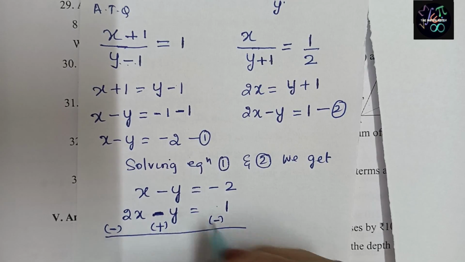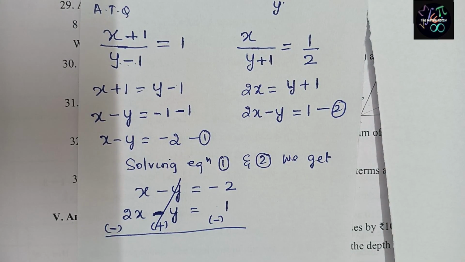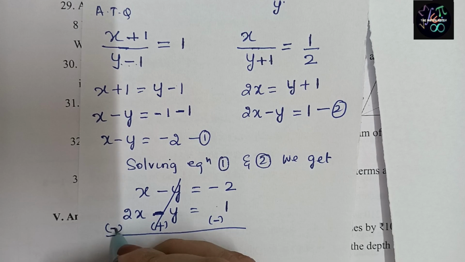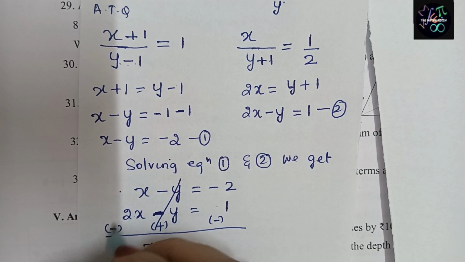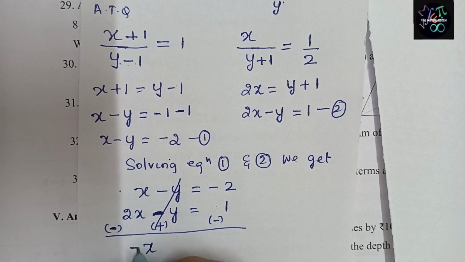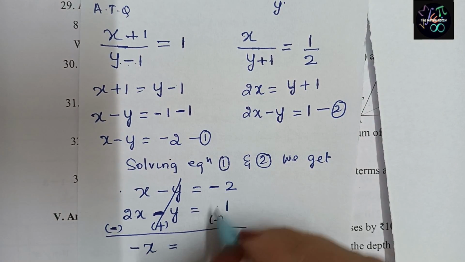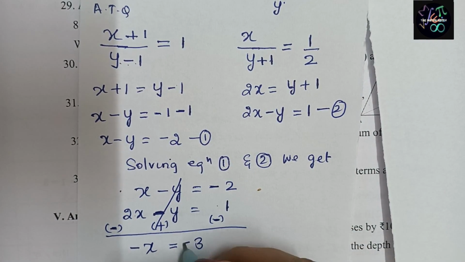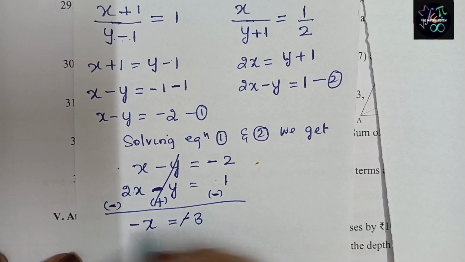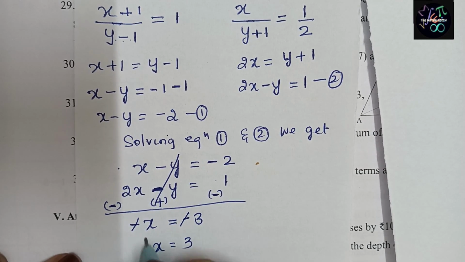Now let us eliminate. By elimination, I have eliminated minus and plus. We have to do minus. From 2x if we remove x, x. But the bigger number's sign: 2 is bigger and has the minus sign, so minus as it is. Both minus, what do we have to do? Both minus means plus: 2 plus 1, 3. Both minus we do plus, but the sign is minus only. Now minus minus got cancelled. x is equal to 3.